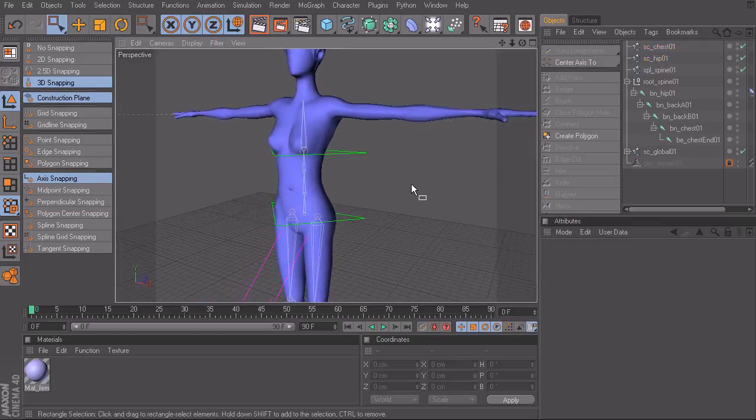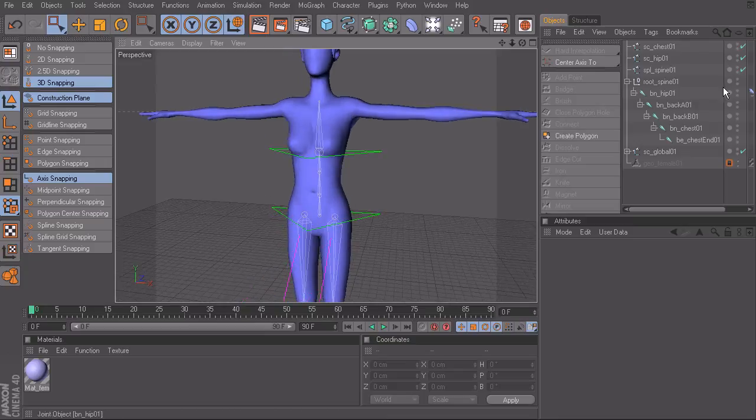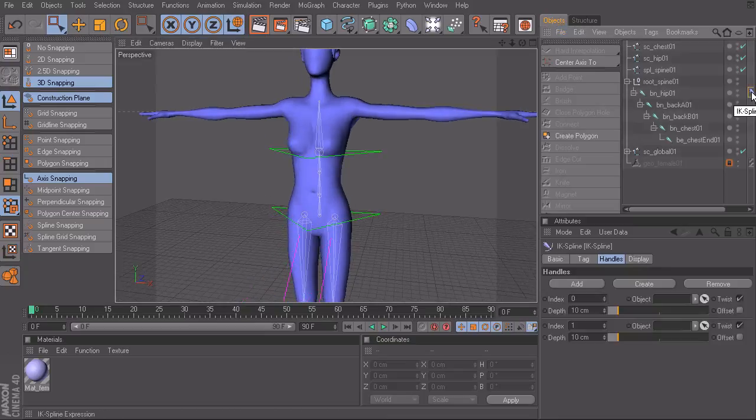Okay, great. Now we're ready to actually define them as controls. So we'll head over to our IK spline tag. We can go ahead and lock this down. So again, for the hip, that's index 0. For the chest, that is index 1. Now watch this. If we were